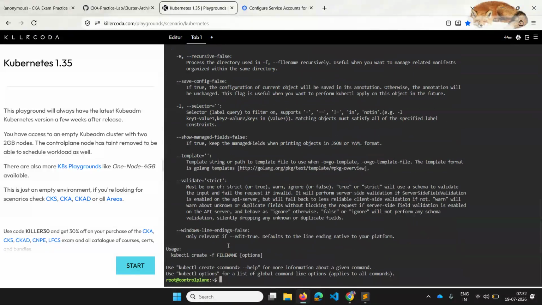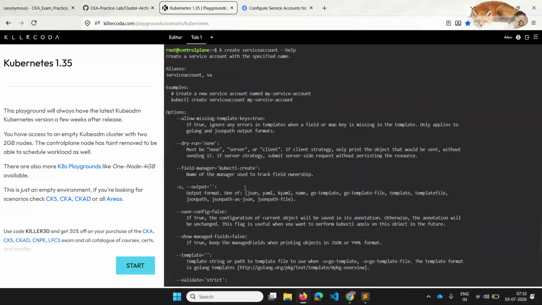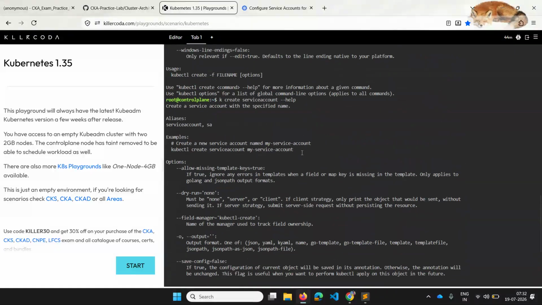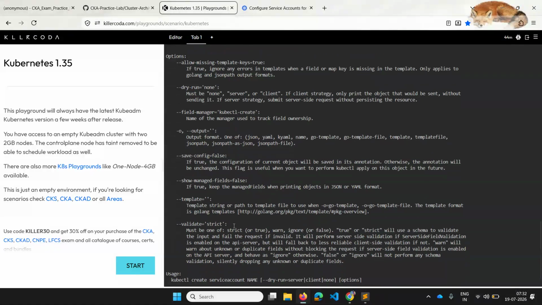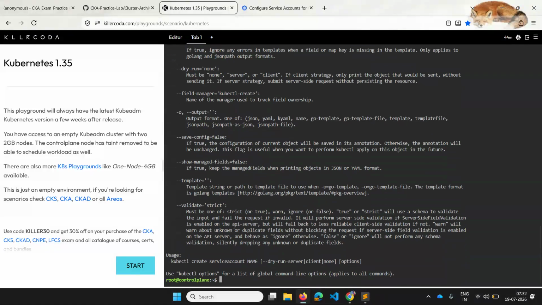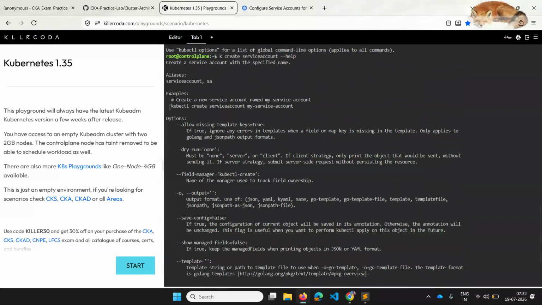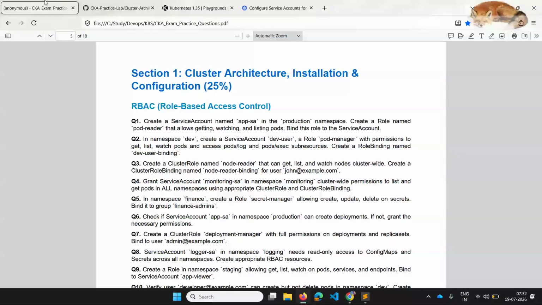There is no capital A; that is the thing. It gave me the correct way to create a service account. There are different options as well, so I'll just use this one. Before that, they asked me to create a production namespace, so I'll have to create a production namespace first.